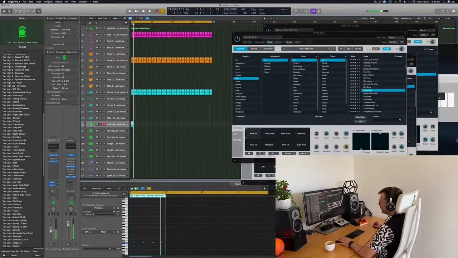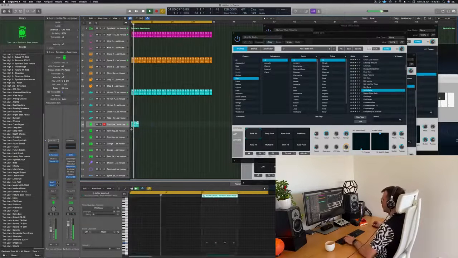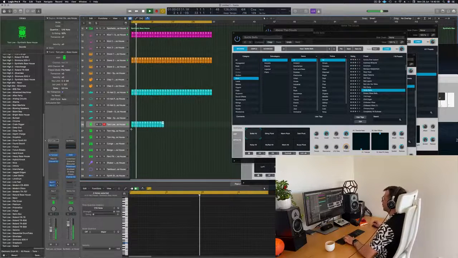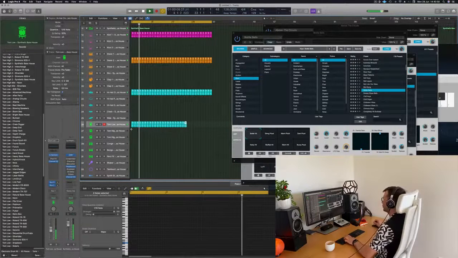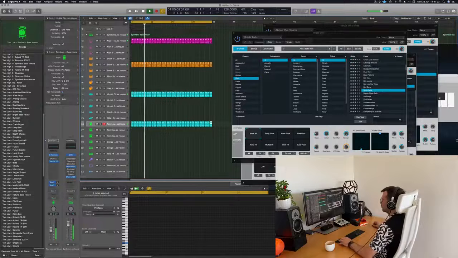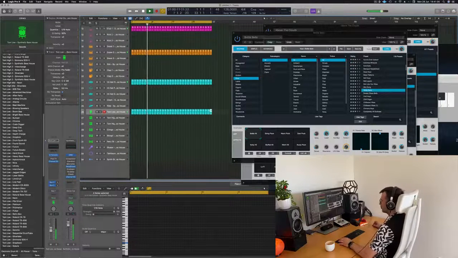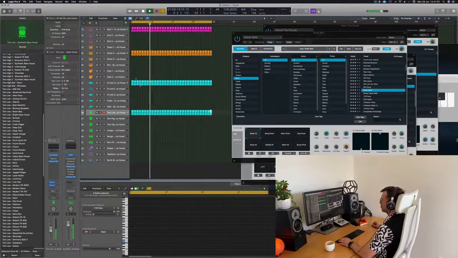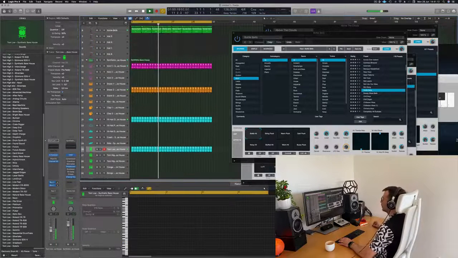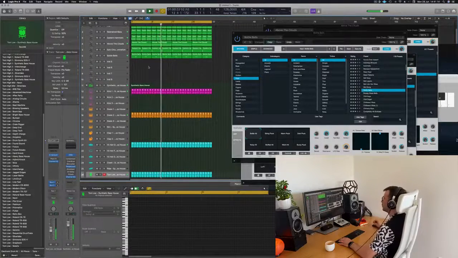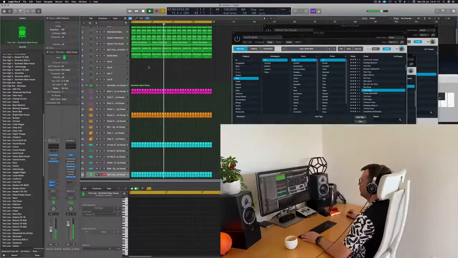It's like kind of a bass a little bit. Add a synth to that, guys? I don't think so. I think this is it, guys.